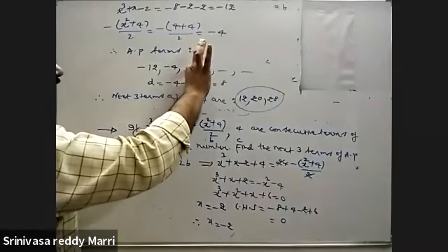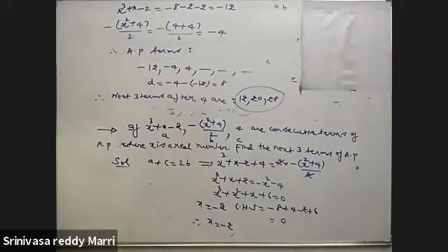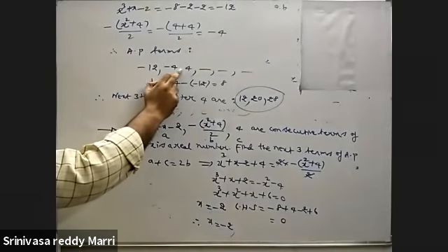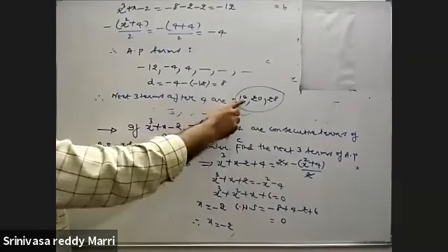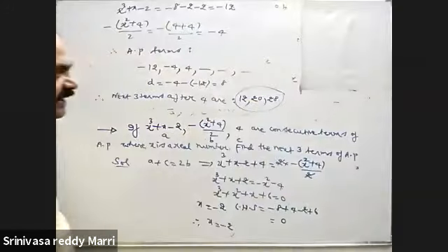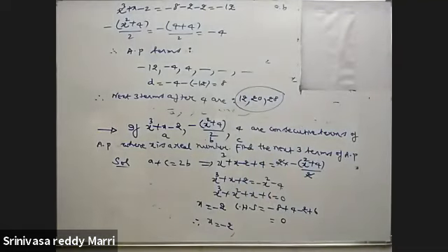He is asking for the next 3 terms after 4. For that you need the common difference. What is the common difference? 8. So the next term is 4 plus 8, 12, and after that add 8, and after that add 8. Those are the 3 terms, that is the approach.